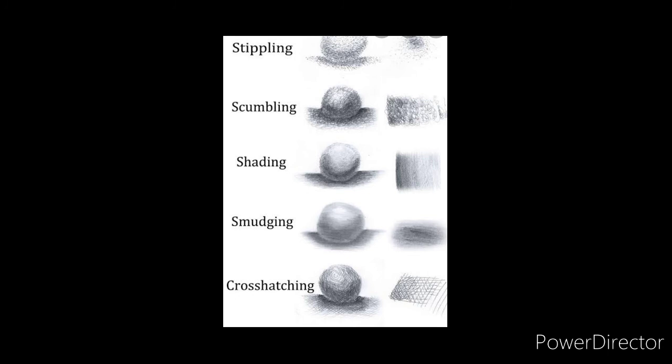Next, hatching. Hatching is a technique of creating shading effect by drawing parallel lines in the same direction. It is an artistic technique. Drawing lines close to each other gives darker shade, while leaving space in between lines gives lighter shade. Slightly curved lines are usually drawn for rounded objects.